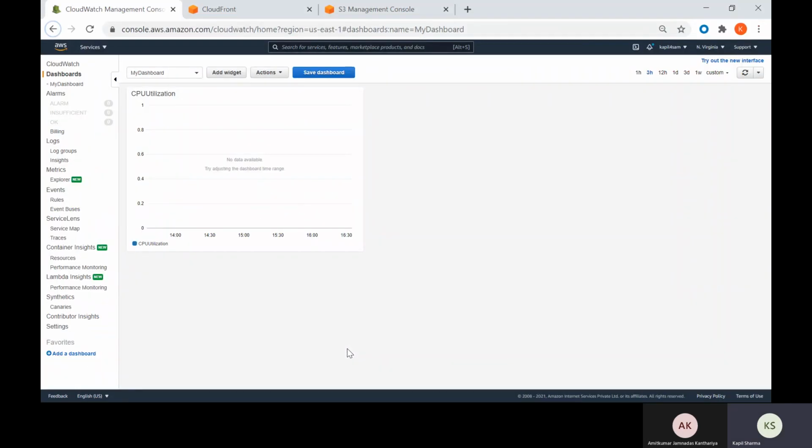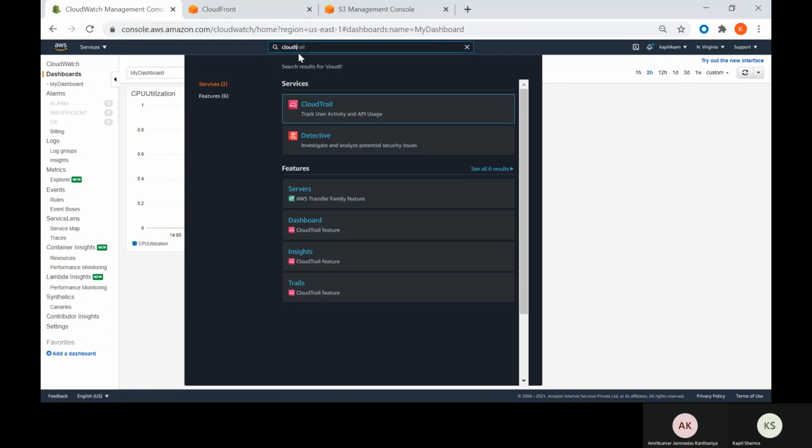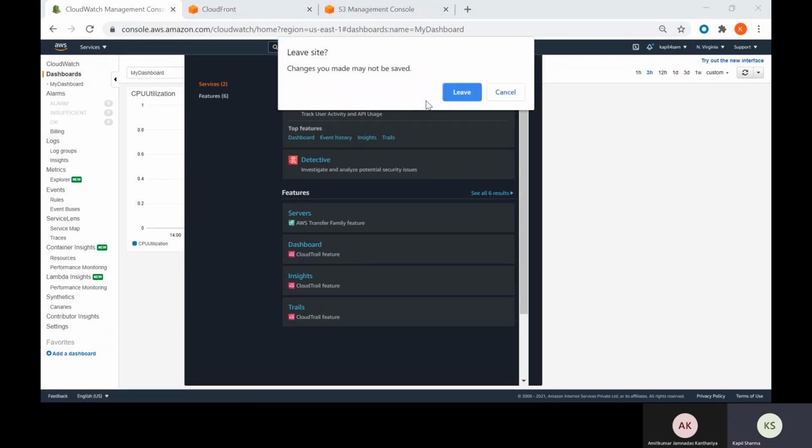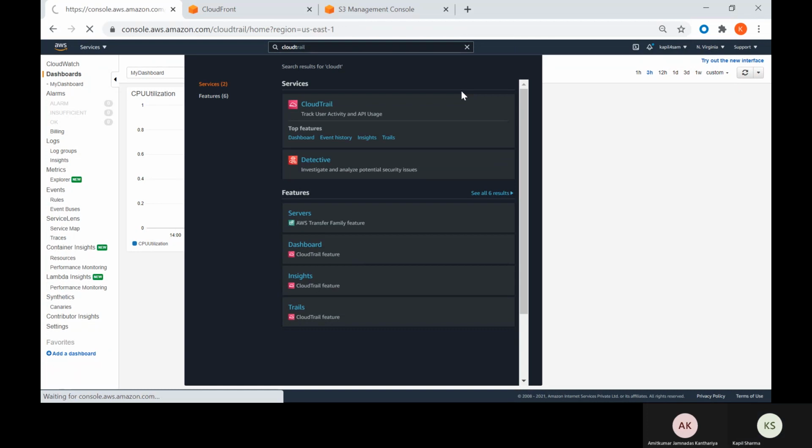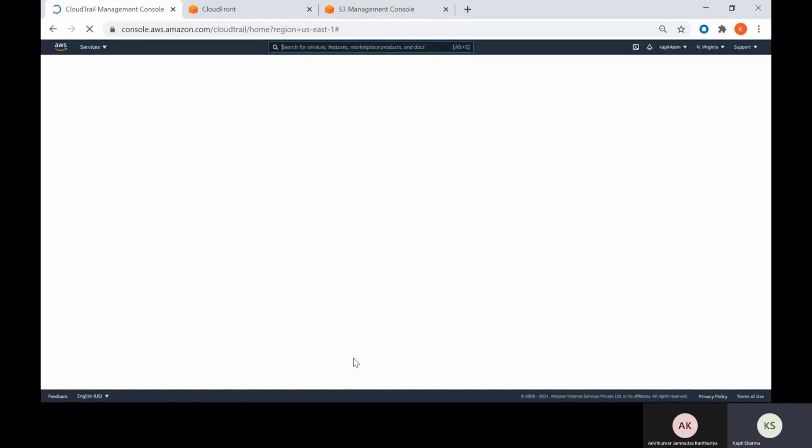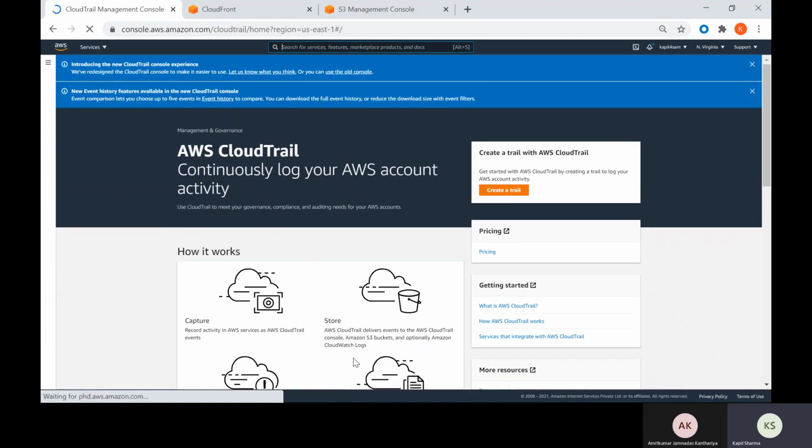CloudTrail. So CloudTrail, we have seen CloudTrail is an auditing service where what users are doing, what actions people are taking, what kind of services they are opting in AWS, what actions they are doing, whether they are starting an instance or they are stopping instance, which services they are going into.